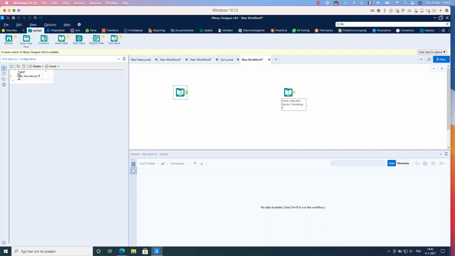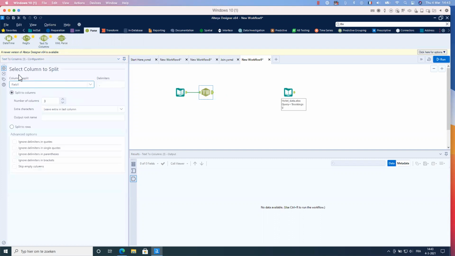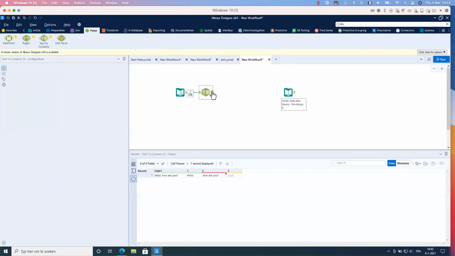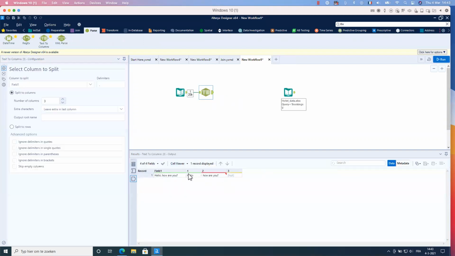Then in the question, they ask what would be the result if I put a comma, this specific delimiter, with the Text to Columns tool. So I drag the Text to Columns tool next to it. The column to split is Field 1, the delimiter is the comma, and then I run it, and immediately I can see the answer.